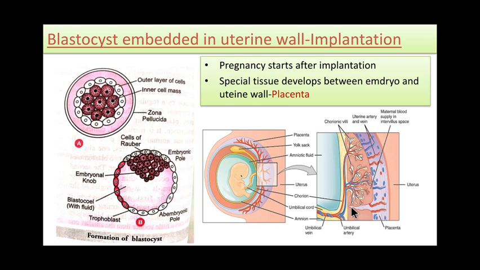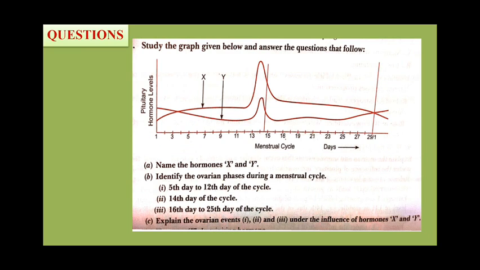It also removes carbon dioxide and waste material from the embryo. Okay, it also acts as an endocrine gland and produces several hormones. Okay, and there was an umbilical cord which connects the placenta with the embryo that helps in the transport of substances to and from the embryo. Okay, so that is all we have studied.